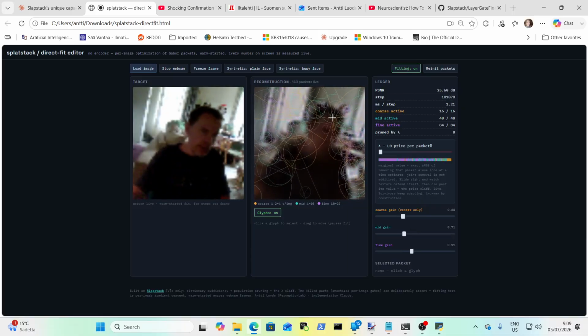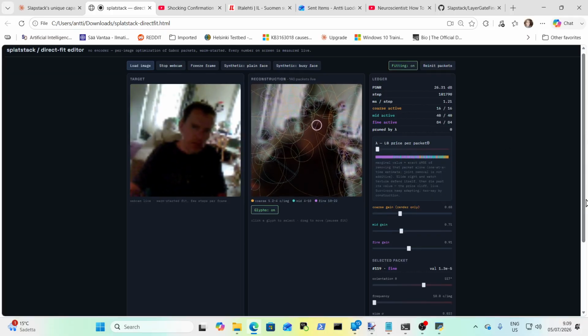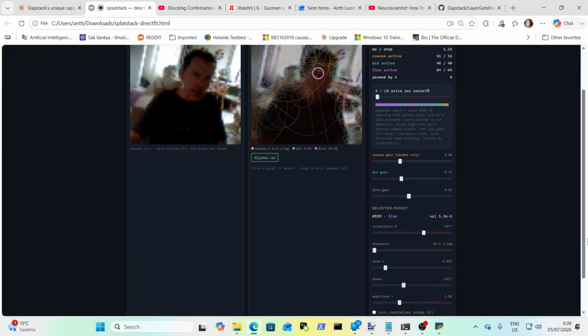But the cool thing here is that without knowing what we are talking about, we can trigger one of these splats, and we can mess with its phase, we can mess with its size, and so the brain does something like this. How on earth have we figured that out? Who knows? We can even delete them. We can change their orientation, and